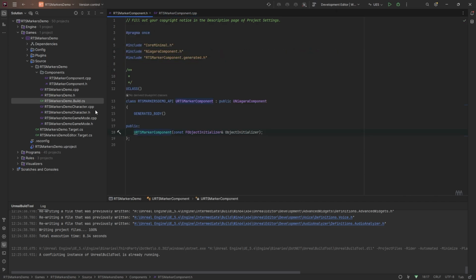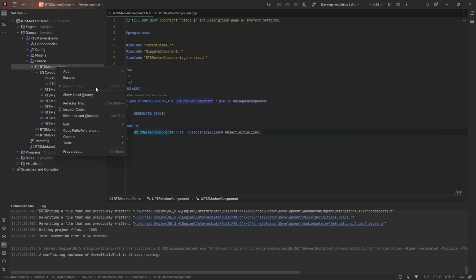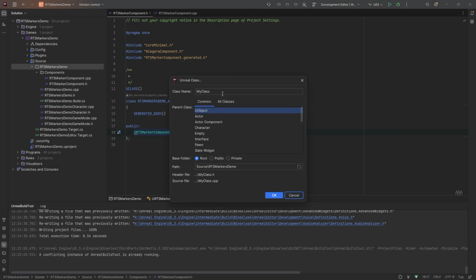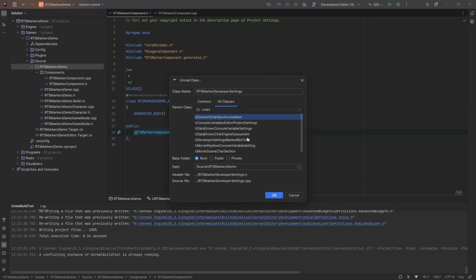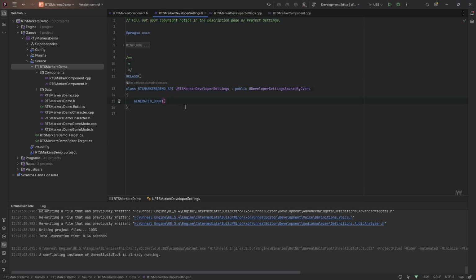And I think we will create the settings class too, just while we're creating classes. I'm going to go from the root directory here again, or the project directory. And we're going to create an RTS marker developer settings. If you just search in here, CVARs should come up with developer settings backed by CVARs. And I'm going to put this under data. And we're going to just do the constructor. Don't need the object initializer here, just don't forget to